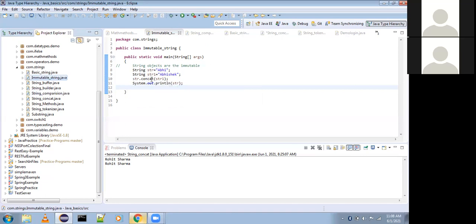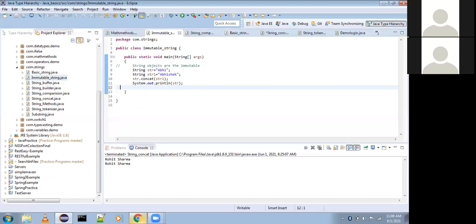Go to line number 13, str plus in the System.out.println. No, in line number 11 itself you're printing str, right? Yes, sir. Once you execute the program, now str plus str1.